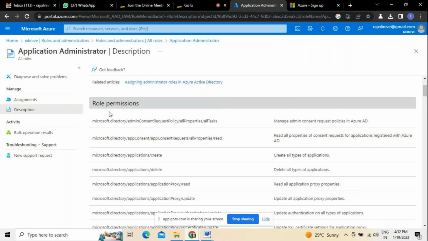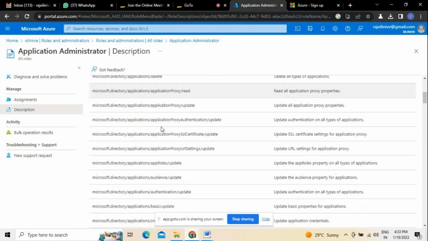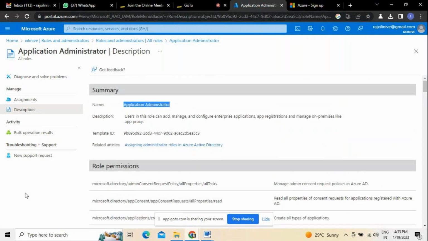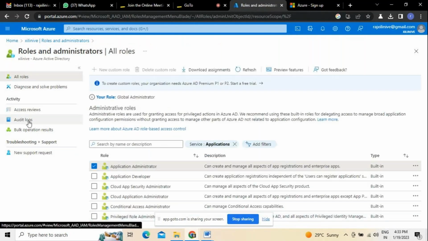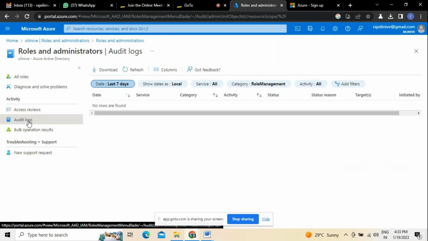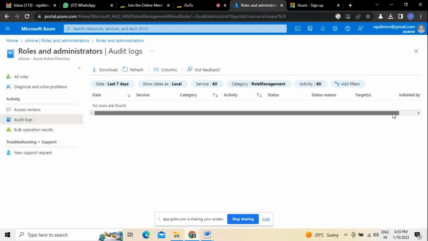At the same time, the kind of permissions in terms of the role, what exactly it was, those permission links and everything will also be available here accordingly. This is generally one of the pieces of information it normally has. We also have an option called audit logs, where the information on whatever activities we have performed so far while working on the application, and the roles we have performed at regular intervals, will be updated here. It's a continuous process.